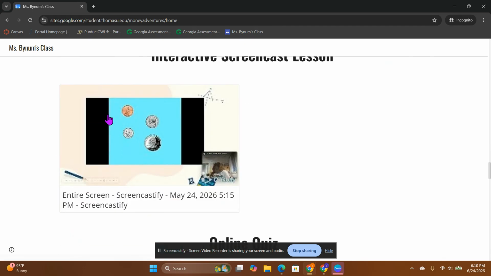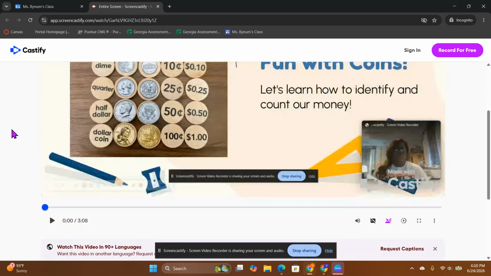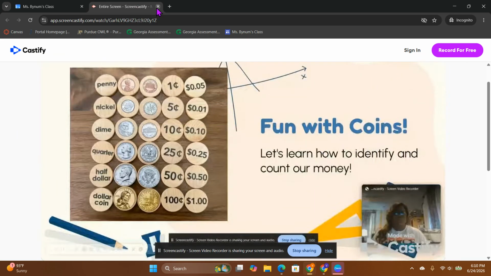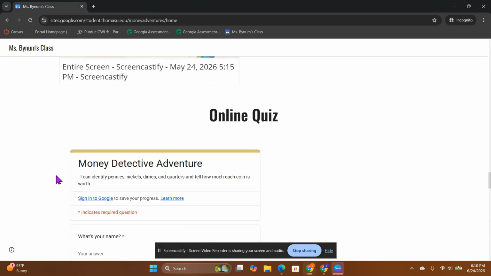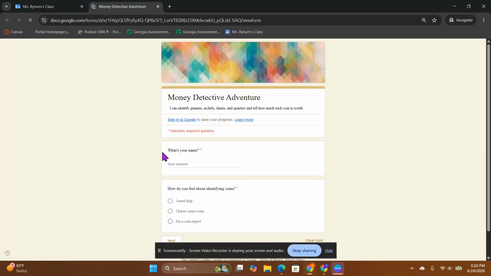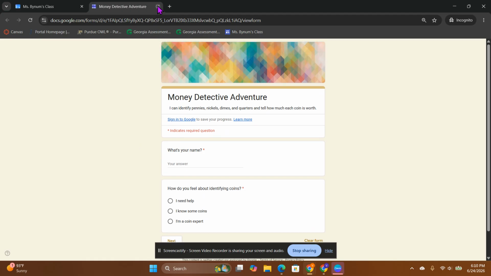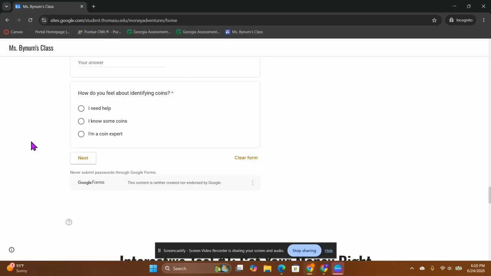The Screencastify here is what they'll do to start off. It helps them identify the coins, and then they will also answer questions that are embedded inside of this video that will help them demonstrate their understanding. Quiz, same thing. Asking them questions about coins, and again, it'll show their mastery or where they are with